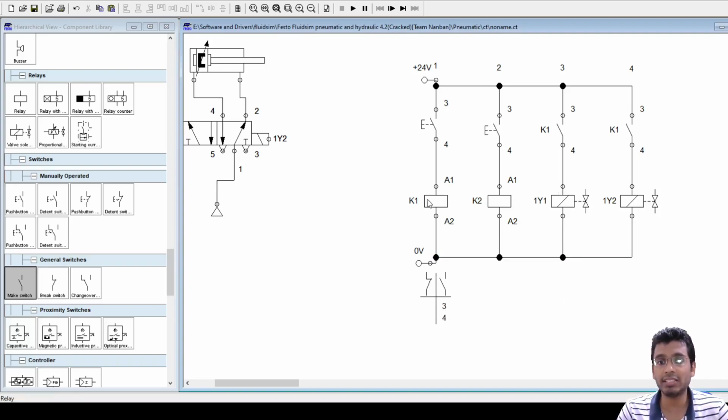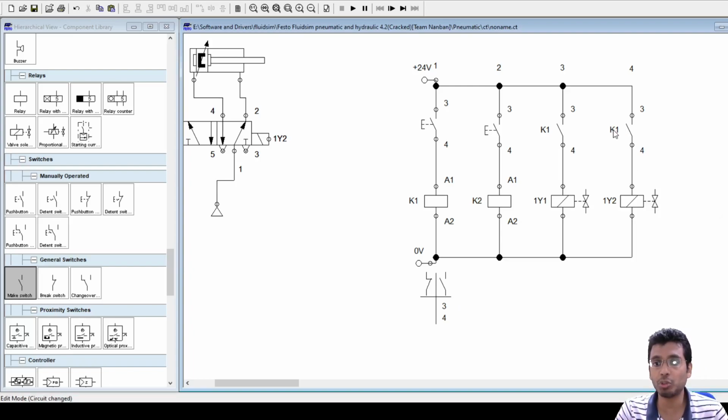So I can easily locate it, I just have to see this current path. I can see this is my current path 3, which means one open contact of K1 is real. Although K1 is written here also, it is there just to show you. Suppose you have one relay with around 15 or 20 contacts in a circuit diagram which has around 150 or 200 current paths, then it is very easy to locate where all the normally open contacts of this relay are used and where all the normally closed contacts of the relay are used.